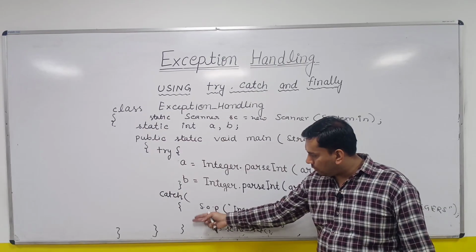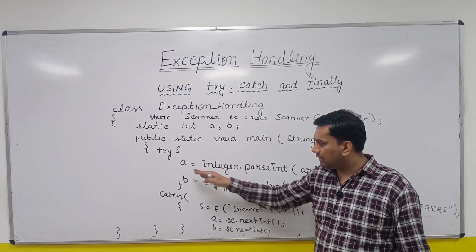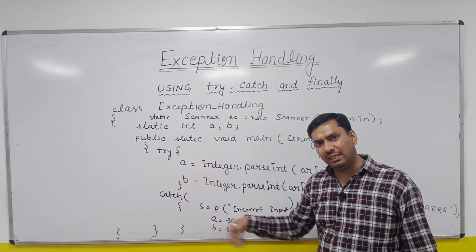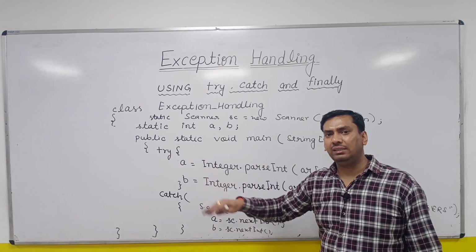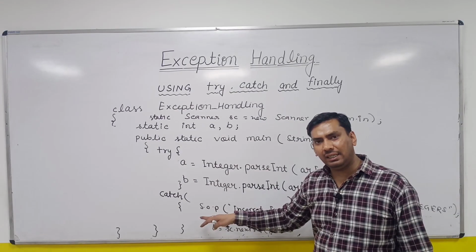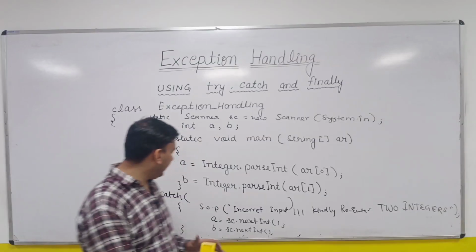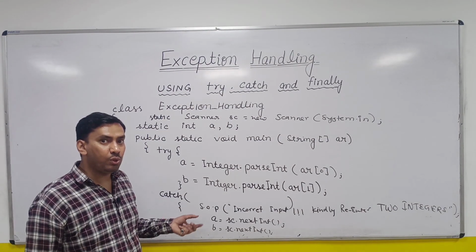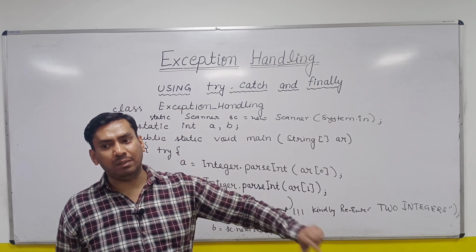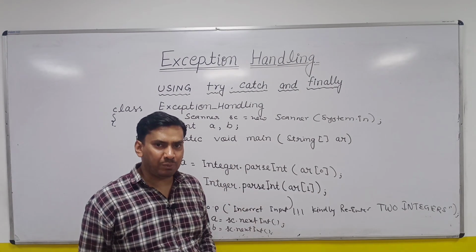But do you want to execute the same code for both the statements? I am saying yes. If the user is not entering any input, still the array index out of bounds exception should be handled here, and I'll ask to re-enter. If the user is entering some non-integer value, I'll again catch the exception and say okay, handle it and re-enter the value. So this solution should be applied to both types of exception, array index out of bounds as well as number format exception. But a catch block can be of one type only.